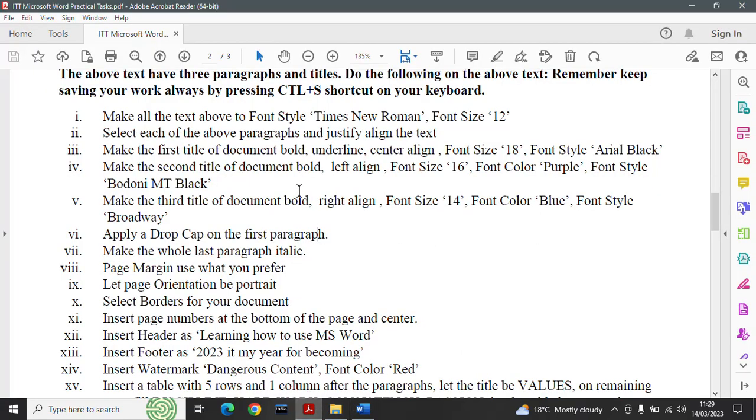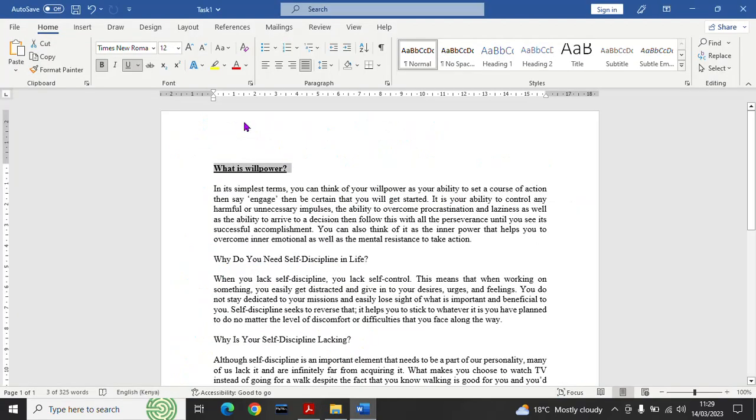Then the next thing is center align. Center align, this is still highlighted. Center align is this, you click there. You see it comes in the middle. Then the next thing is